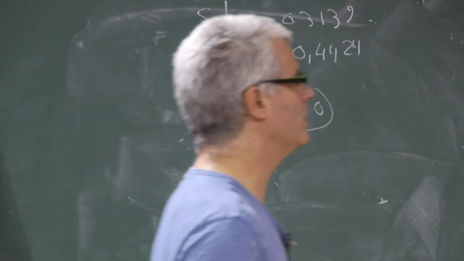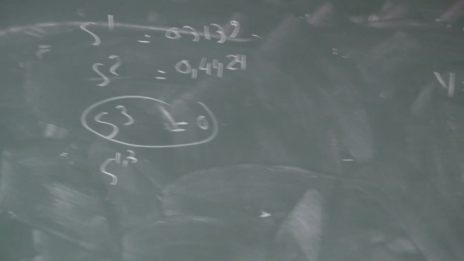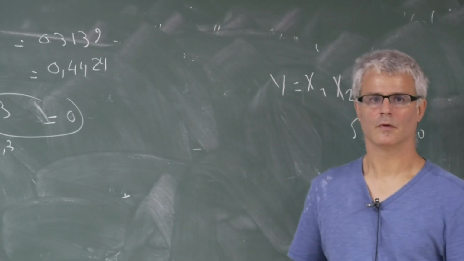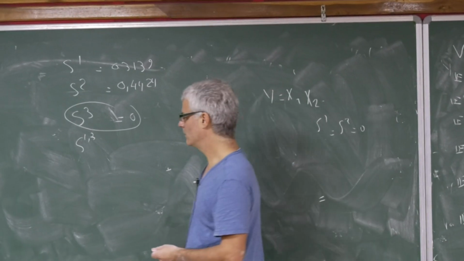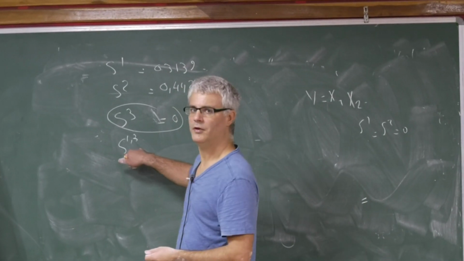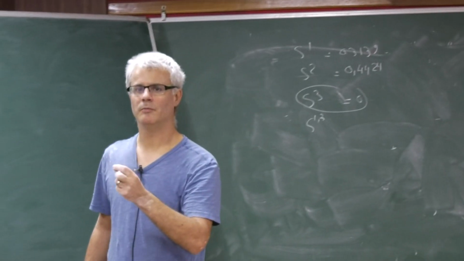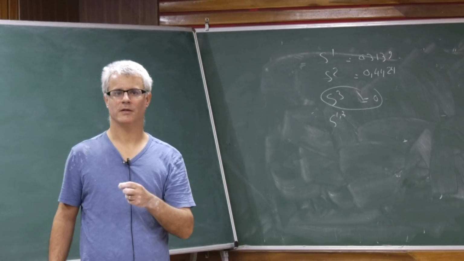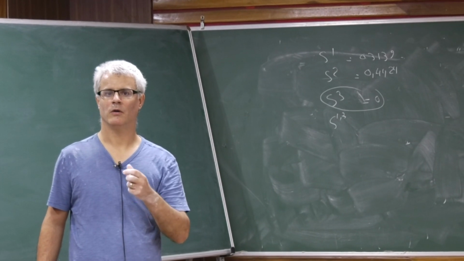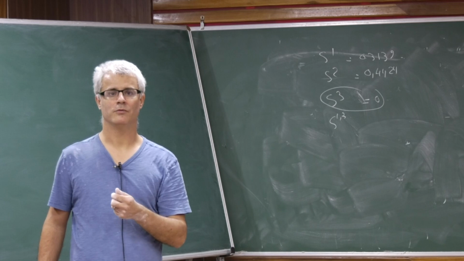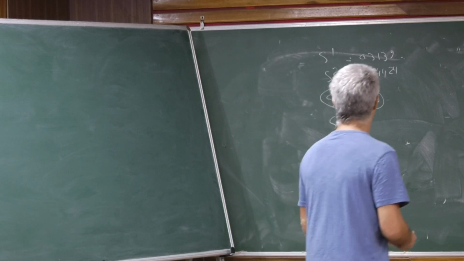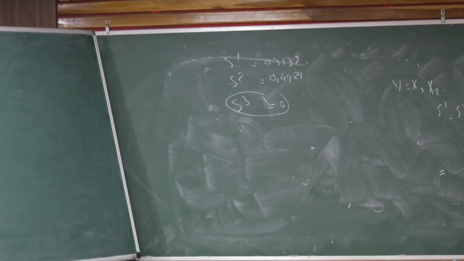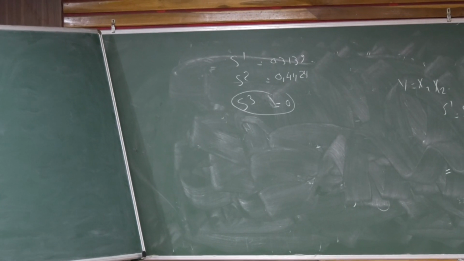Can you tell me what would be S13 here? S13, I only have 3 variables, so it will be the total influence minus the one that depends on 1 and 2. So we can compute that. But if you don't believe me, you can just try to do the computation.